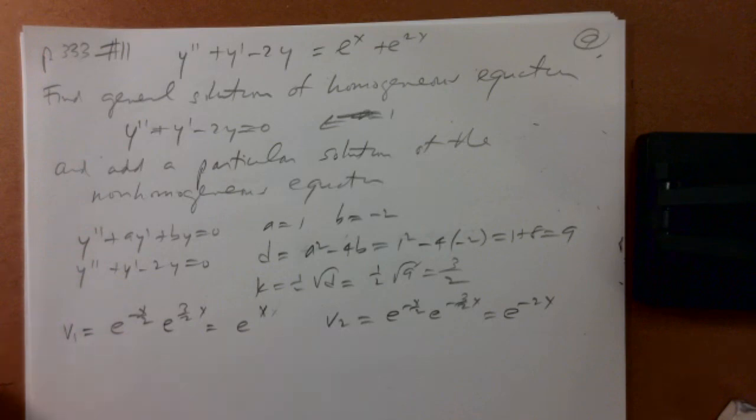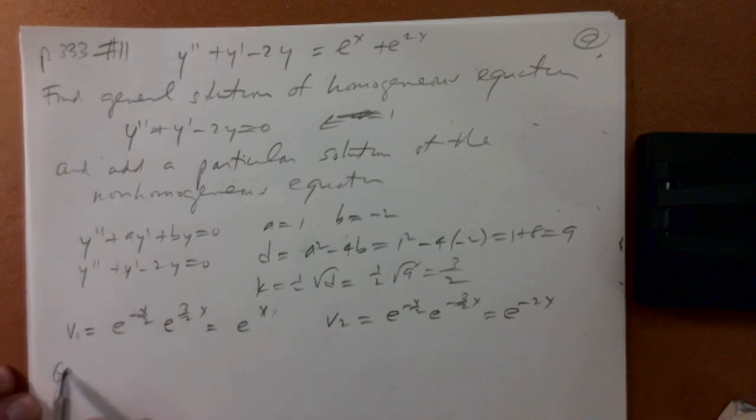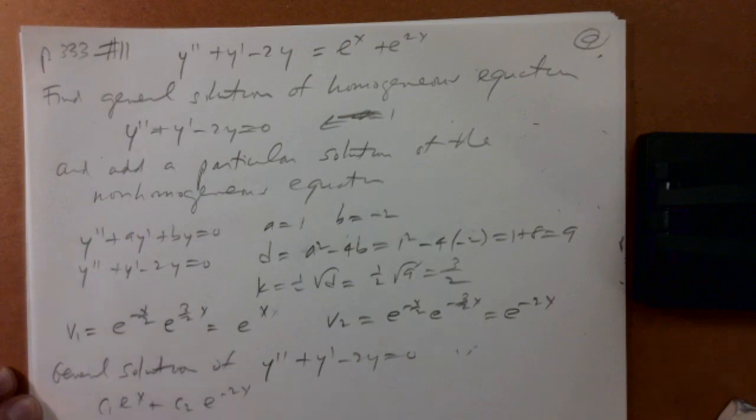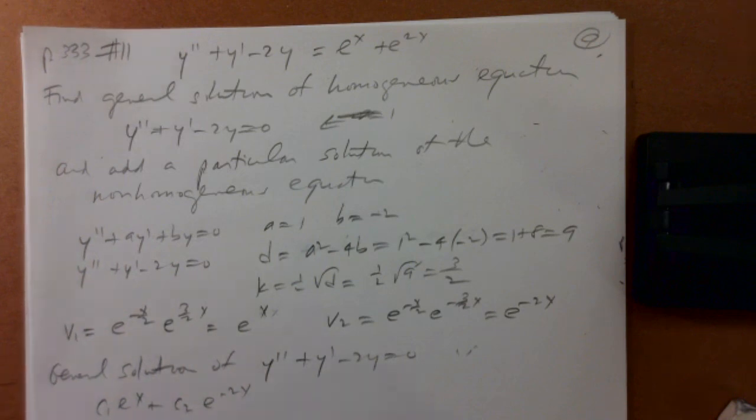How do we find a solution to the... so the general solution of the homogeneous equation, y double prime plus y prime minus 2y equals 0, is some constant times e to the x plus a constant times e to the minus 2x. Now, to find a particular solution,